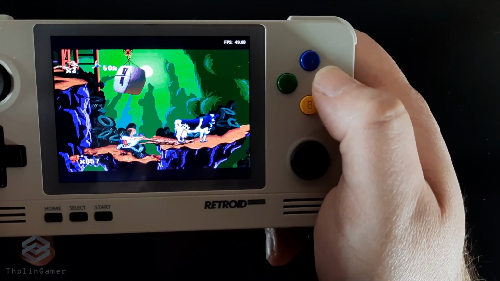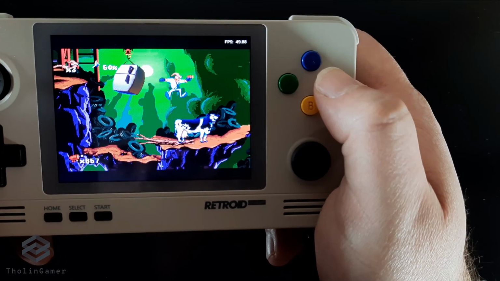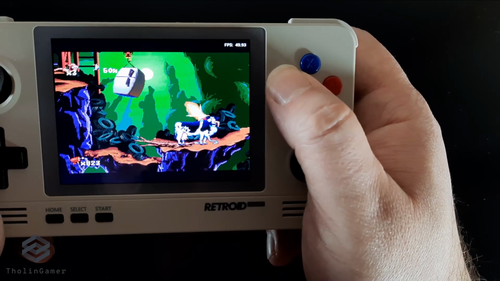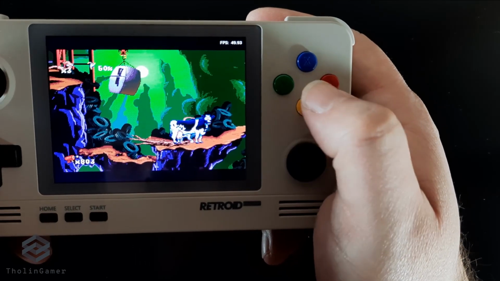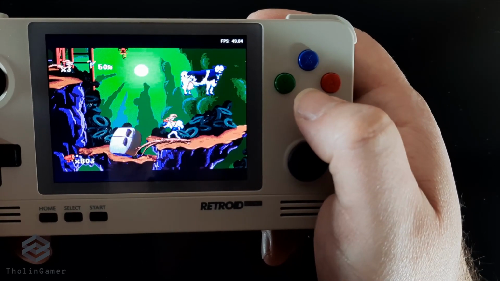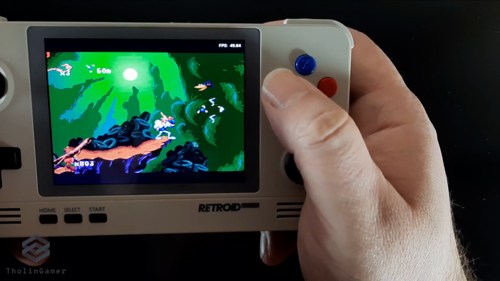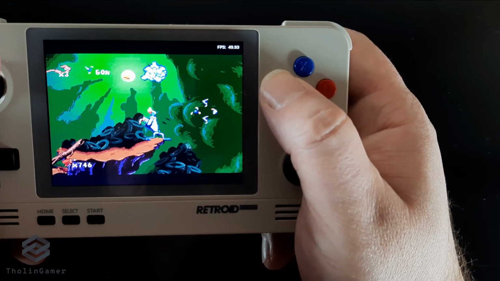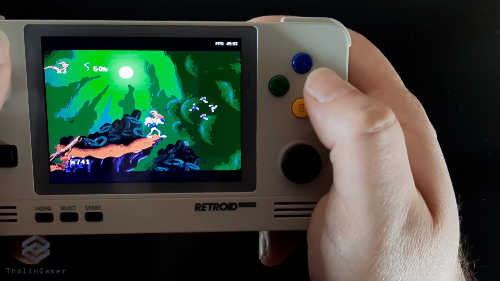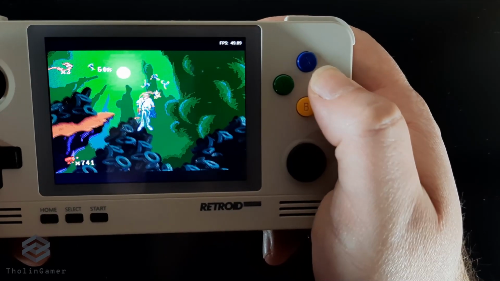You have to, as the title says, run and gun, but you also have to solve a couple of puzzles as you move along in order to progress. As you can see here, you have to use your gun to drop this fridge and launch this cow. Now, as already mentioned, it is a difficult game.